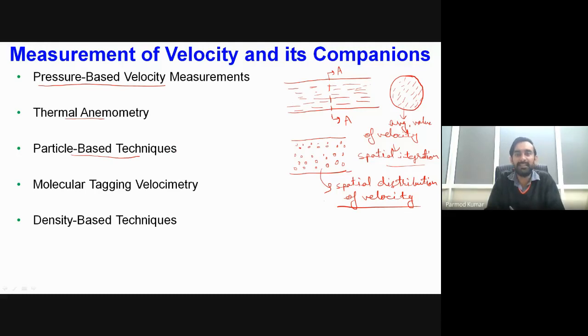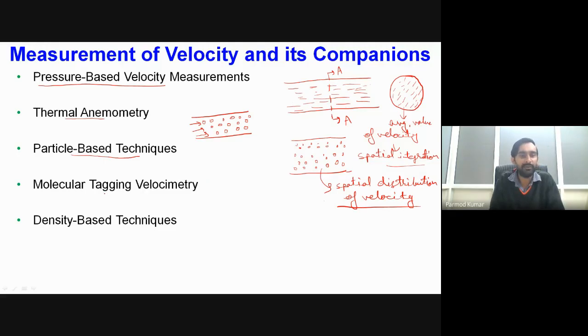We will see that in detail in the later lectures, but as an initial introduction, I can tell you that while the fluid is flowing over here, inside the fluid we will be inserting some buoyant fluid particles. Small buoyant fluid particles will be inserted, and we will trace their path in order to obtain the value of the velocity field. This is how, with the help of particle-based techniques, we can determine the spatial distribution of the velocity.